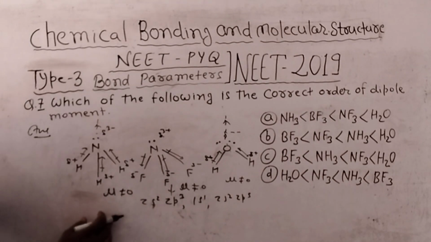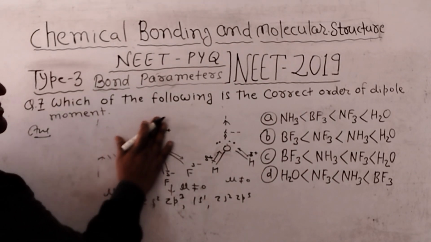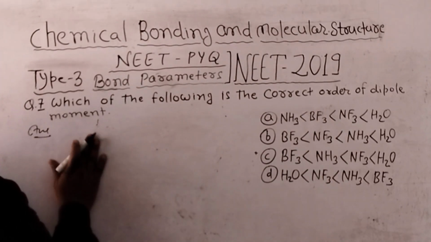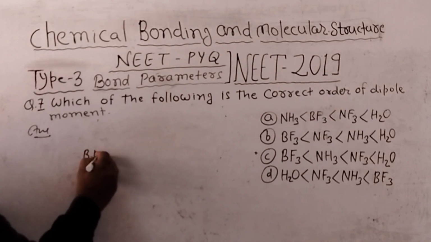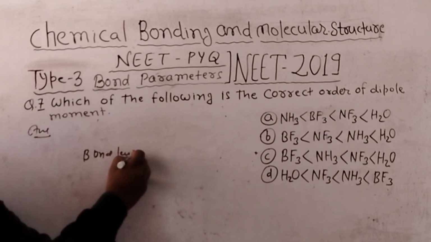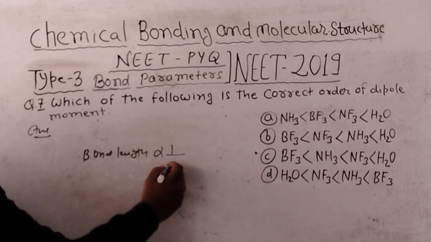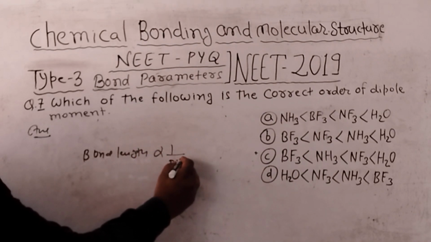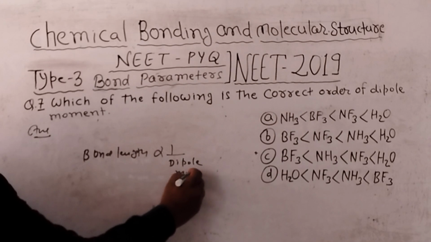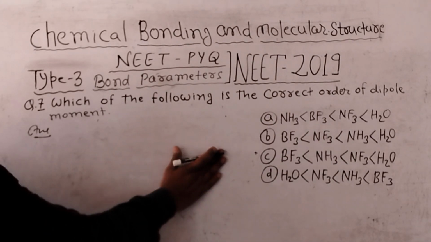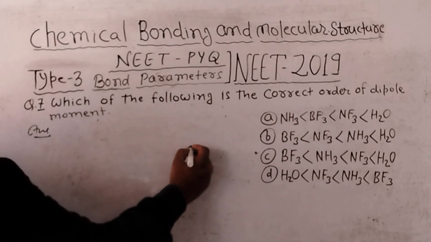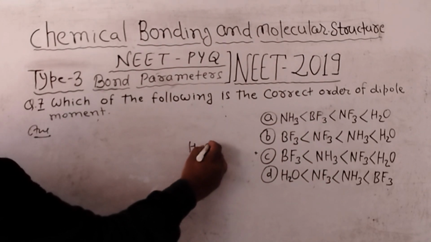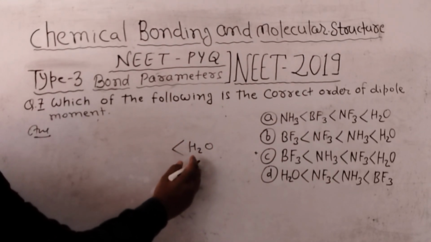So we can arrange according to the concept, because bond length is inversely proportional to dipole moment. Okay, a small bond length means a higher dipole moment. So H2O has the maximum value of dipole moment, then NH3, then NF3, then boron